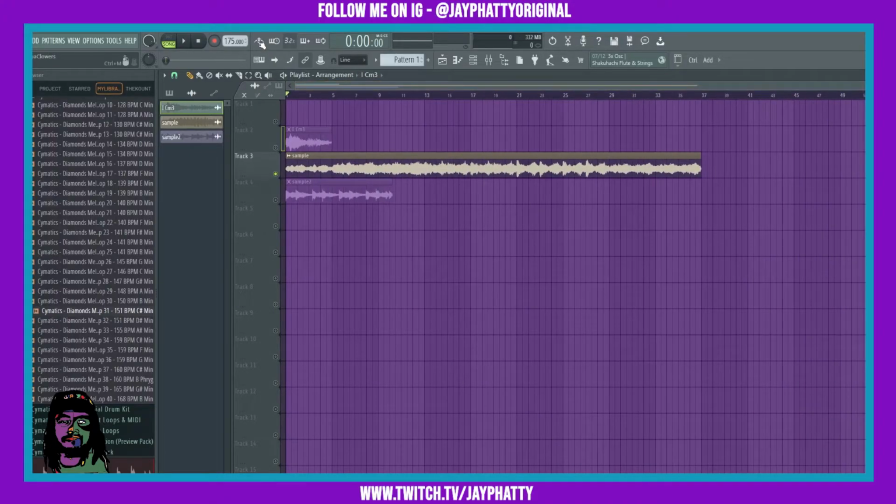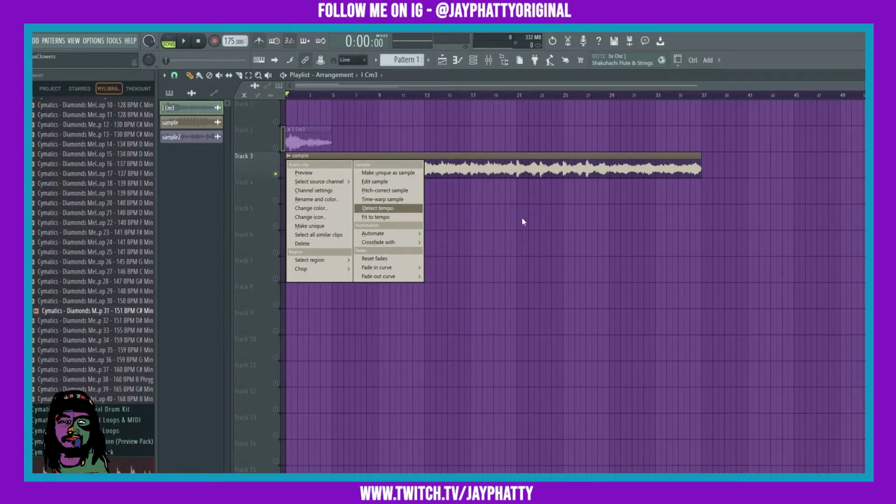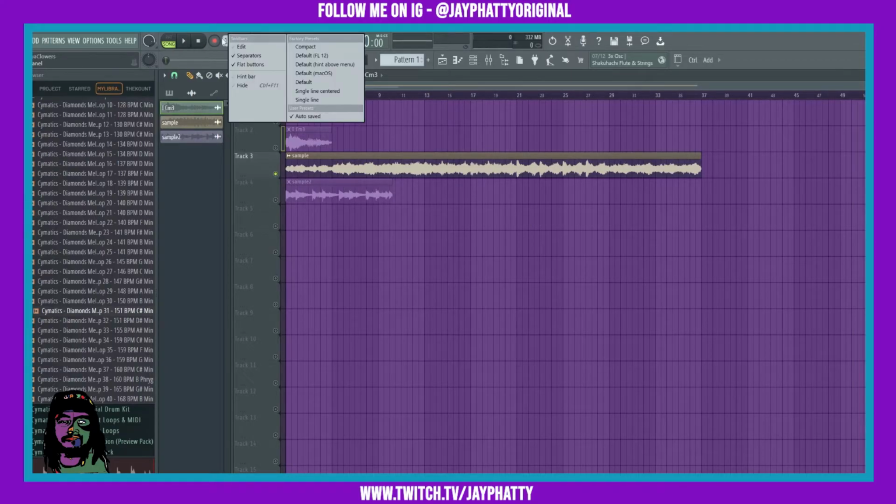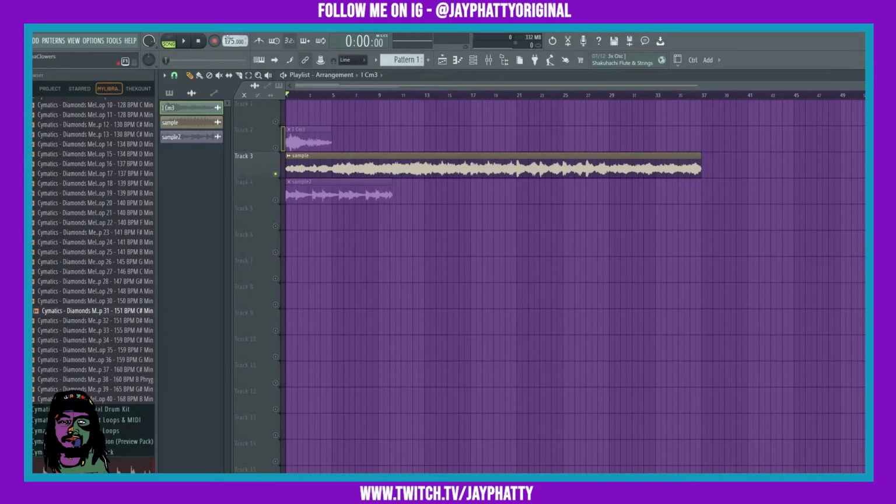So let's see. Let's play it with a little bit of the metronome on. See, that does sound like it's right. So sometimes you can just right click and detect tempo, but it does help if you know a range that it's in. You can get that range by doing the tempo tab yourself. But for example, if we just decided that we wanted to do that,